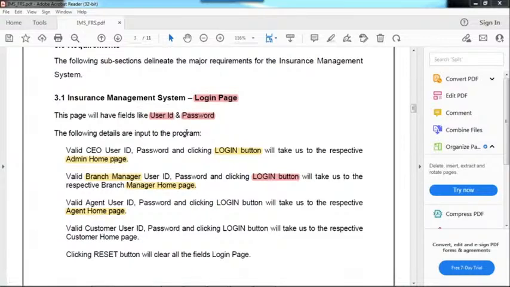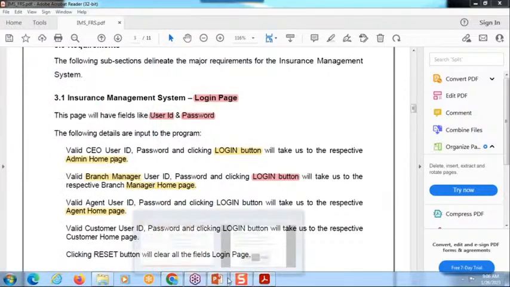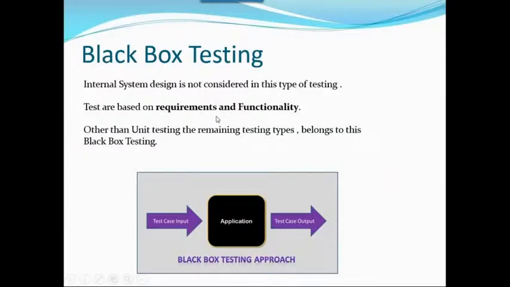So I told you that black box testing always depends on the requirement and the functionality. If both the username and password are valid, then only it should log in. Otherwise, it should not work, right? So we need to test the login functionality.